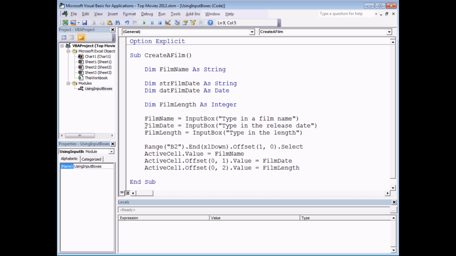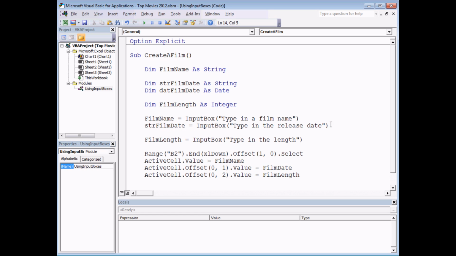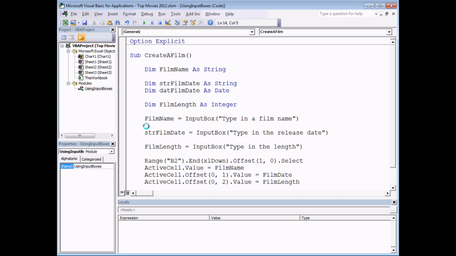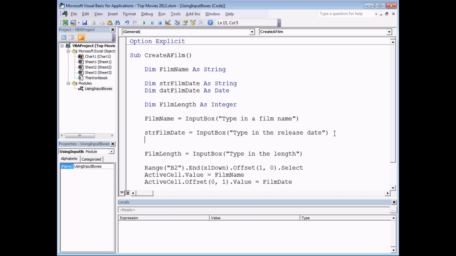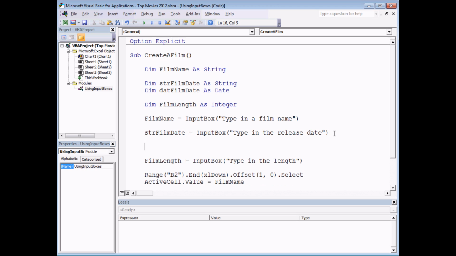So to solve that problem, we're going to use our string version of that variable, so that whatever gets returned from that input box, it will always be a string, and it can always be stored in that variable because it can contain a string. What we can do then is check if strFilmDate